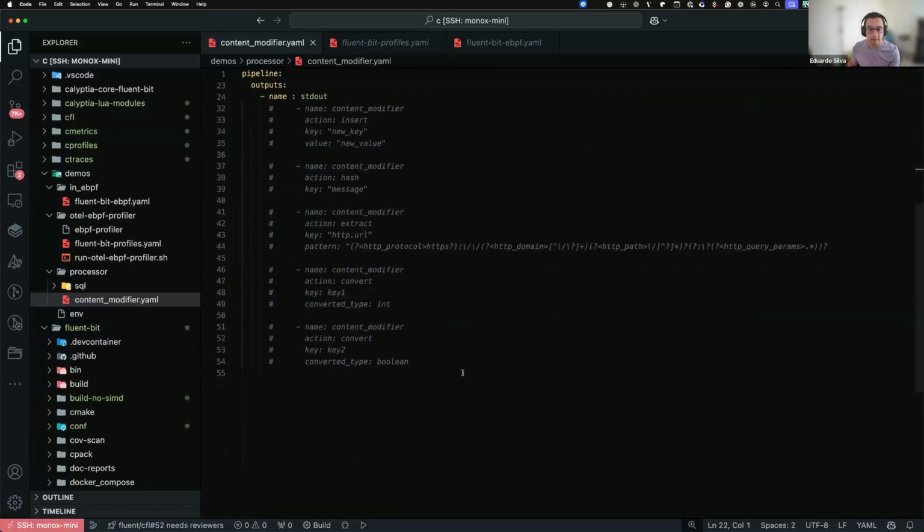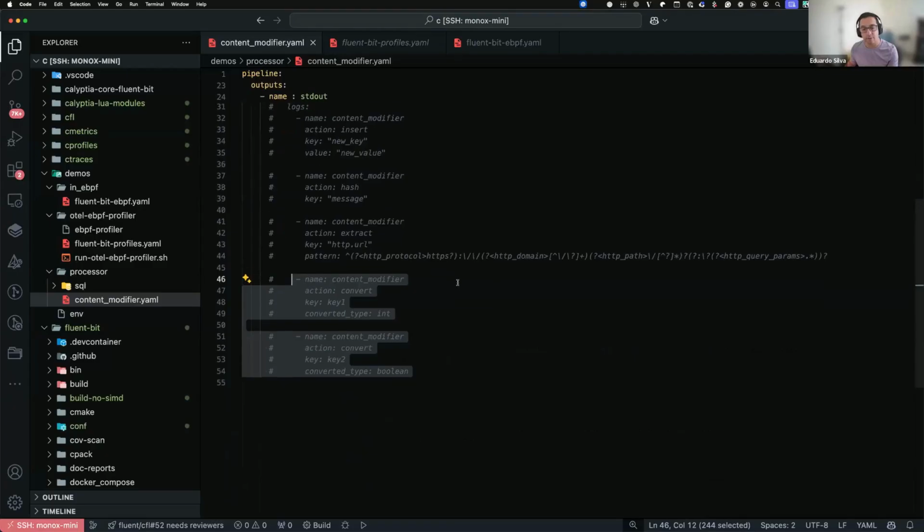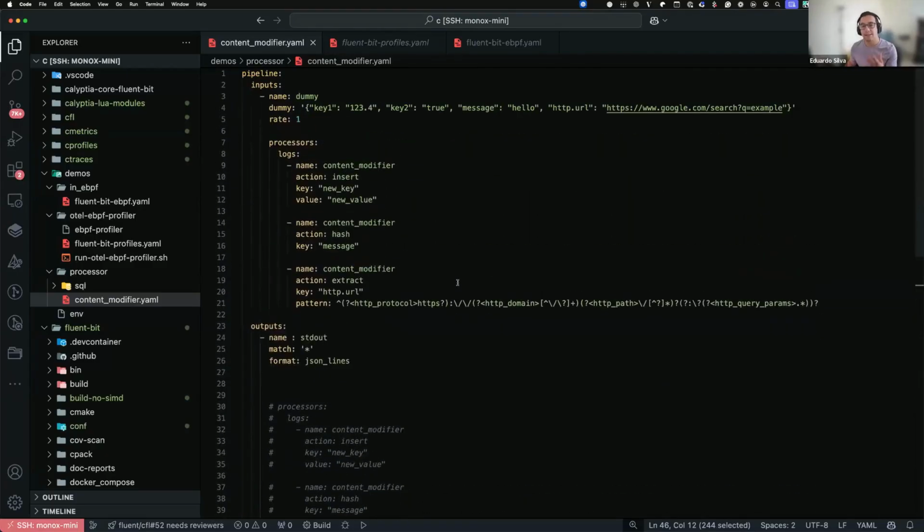We have others here. Yes, we can convert data types, for example, if we got a value that is an integer and you want to handle it as a string, you can do all the conversions. So these are processors, and something to add is the difference between processors and filters. Filters run in the main thread of Fluent Bit. Now, if I go to the configuration,